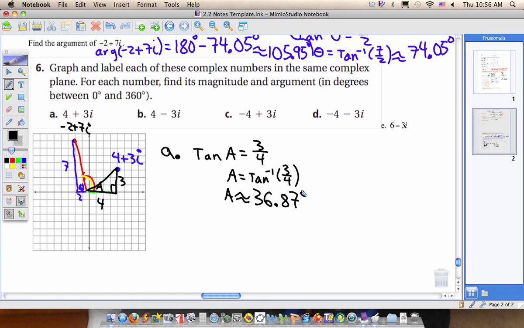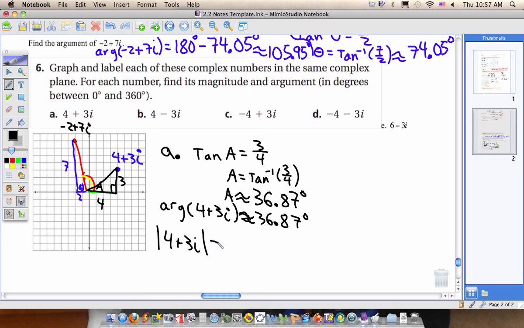Okay, 36.87 degrees. If you didn't get 36.87, check your calculator. You may still be in radians. Do we need to add that onto 180 or subtract it or do anything with it? No, we're in quadrant 1. So our argument of 4 plus 3i is about